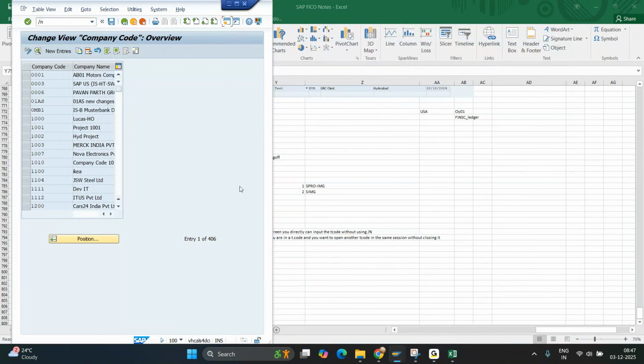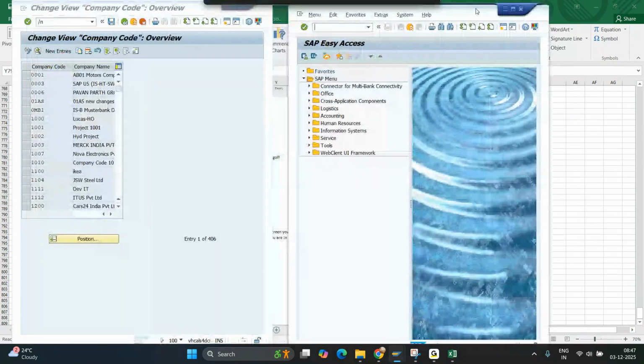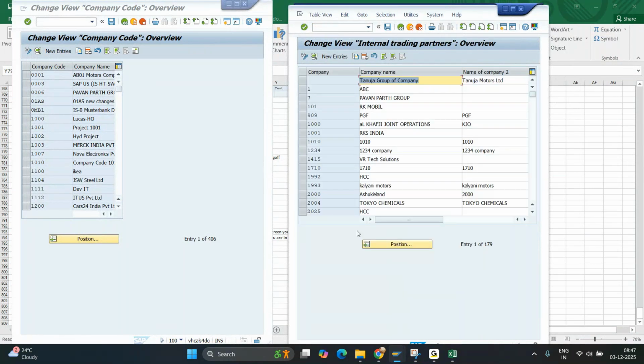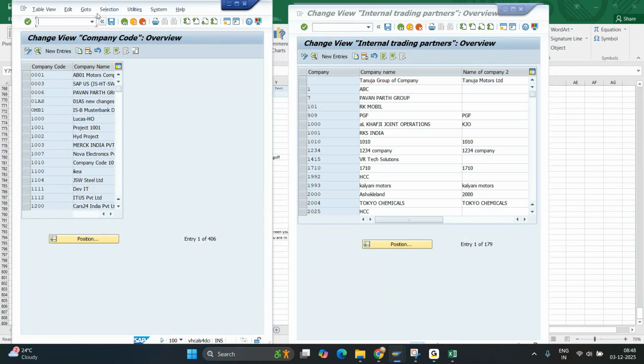Once I click, a new session has been opened, correct? And again, manually I need to give the transaction code OX15. If I want to navigate to some transaction code, I can give the input. So without opening a new screen and entering the transaction code, in the same screen which you are using, I'll be going for